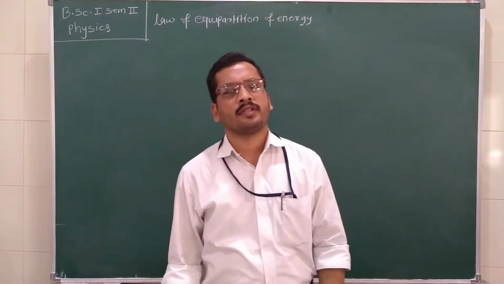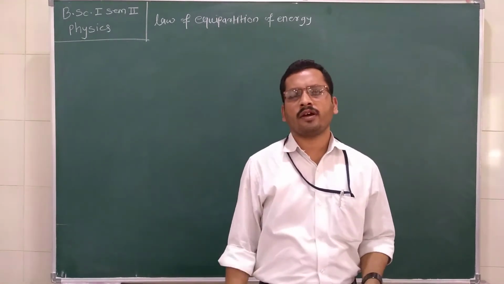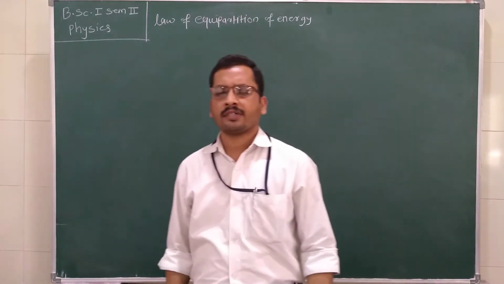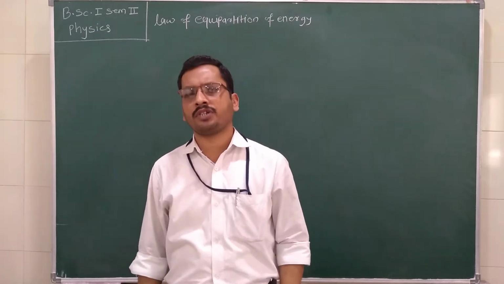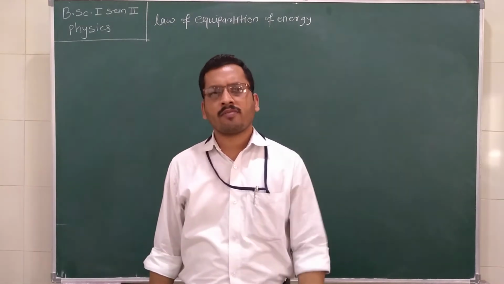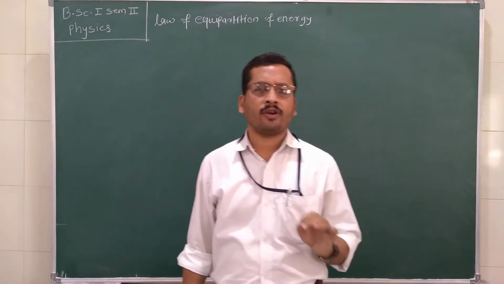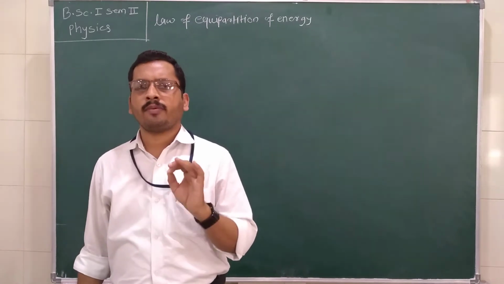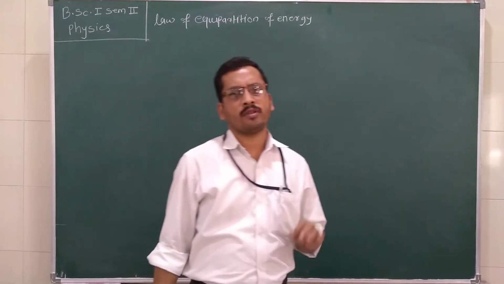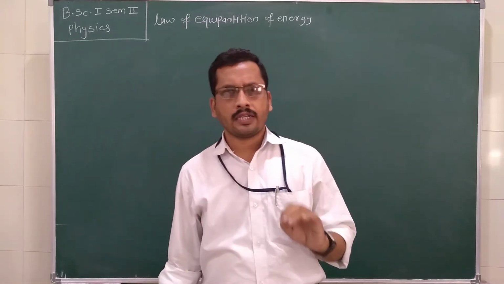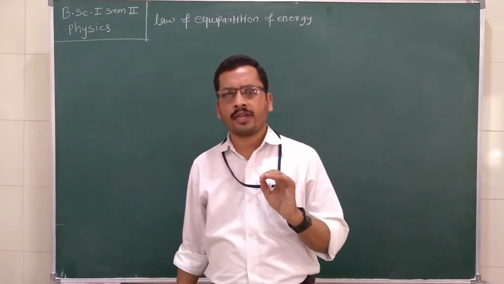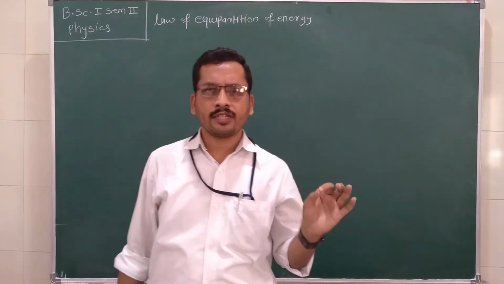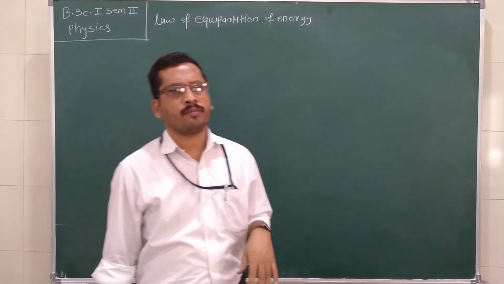Good morning students. In the last lecture we learned about the degrees of freedom of a gas molecule. We know that when a molecule is traveling along a straight line, the degrees of freedom is equal to 1, because only one coordinate or one variable is responsible for the complete description of the motion of the molecule. As well, when a molecule is traveling in a plane, it has 2 degrees of freedom, and when a molecule is traveling in space, it has 3 degrees of freedom.